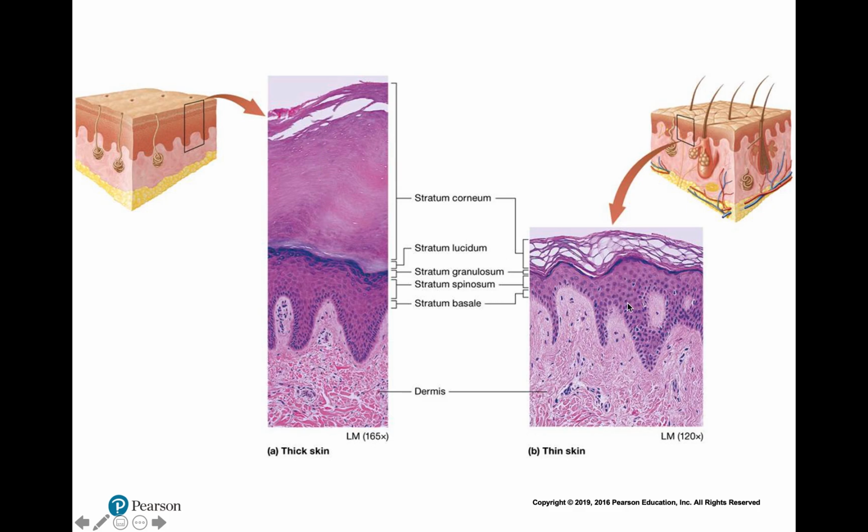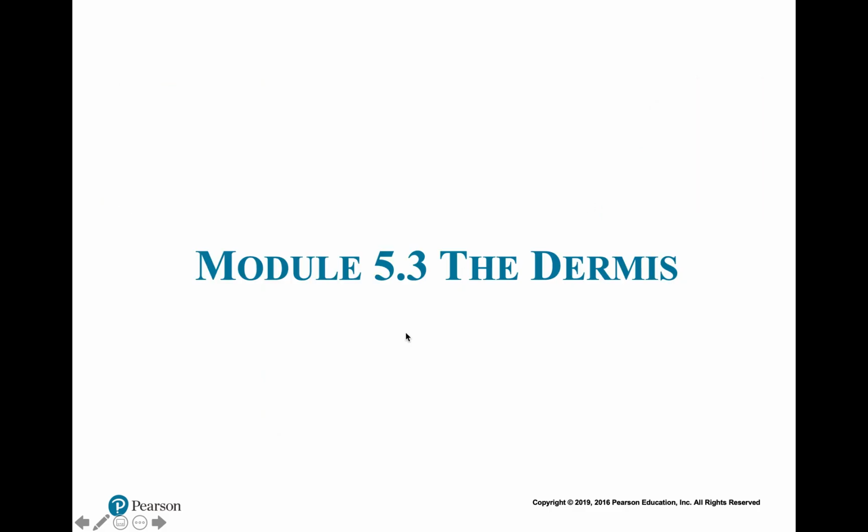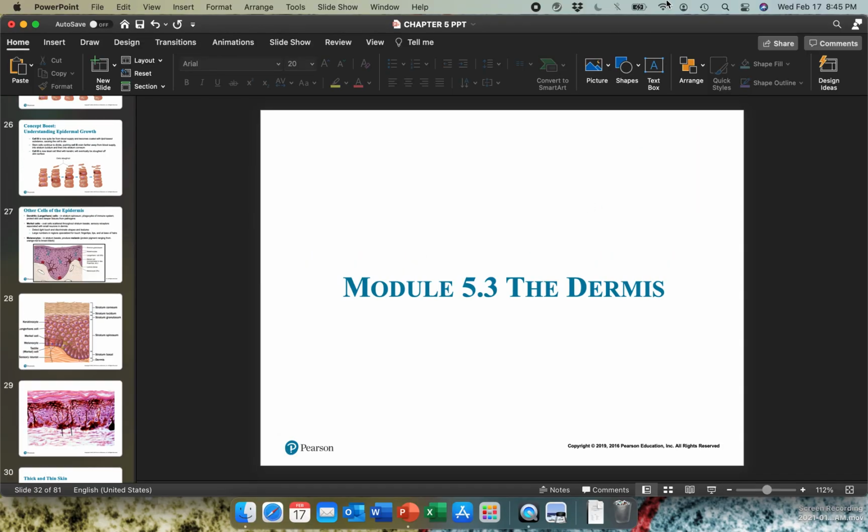So thin skin is pretty much located everywhere else, and you see prominent hair follicles. Anywhere where you have hair, even fine little hairs like on your face, that would be thin skin: hair follicles, sebaceous glands, sweat glands, the whole gamut. All right? And so that is the